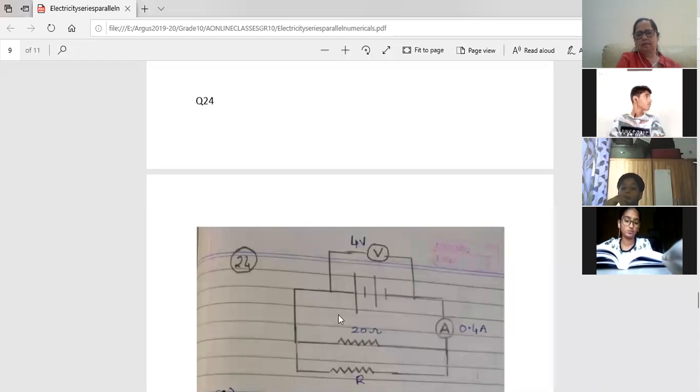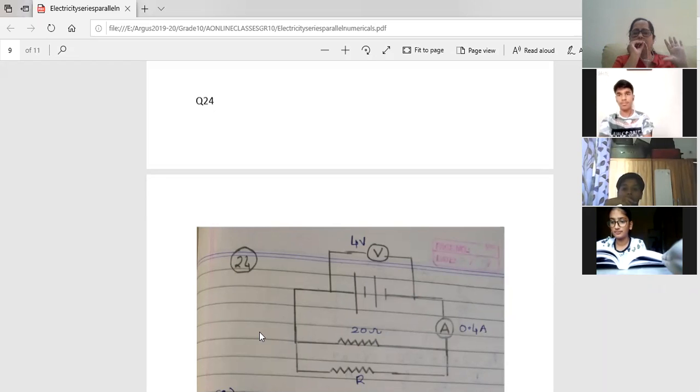You find net resistance. How will you find net resistance RP? Can somebody tell me? V equal to IR, so R is equal to V upon I. So RP is equal to V upon I. Now which V and which I will we take? Yes, Narayan, please answer me. Good, ma'am, 4 upon 0.4. Very good, excellent. So I will take V as 4 and I as the net current flowing. So 4 divided by 0.4 will give me RP.